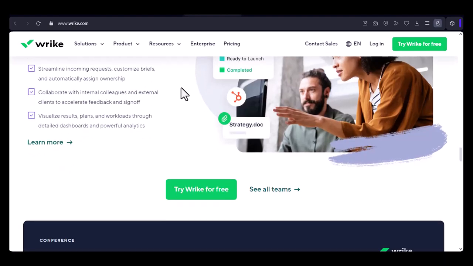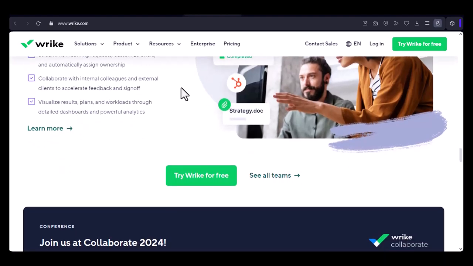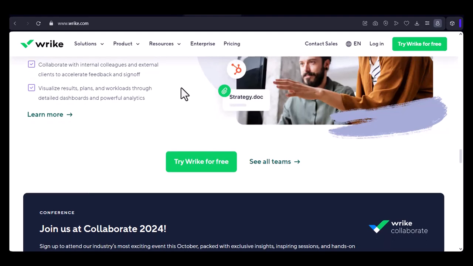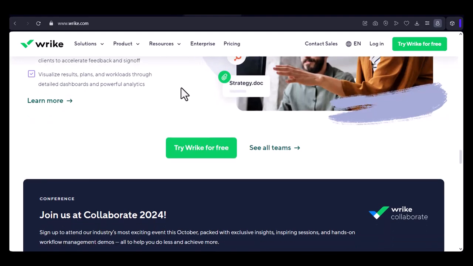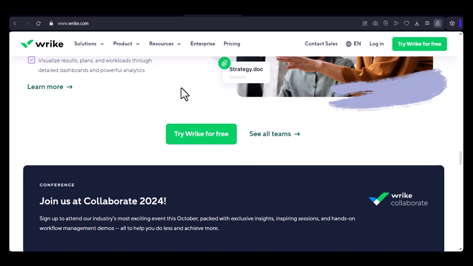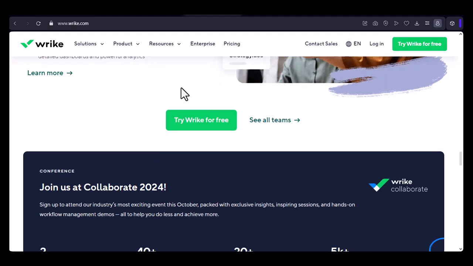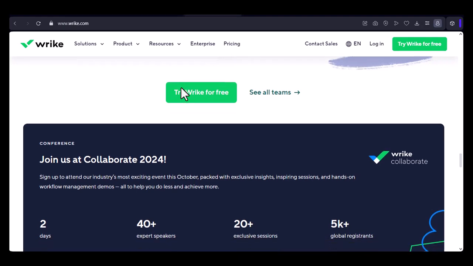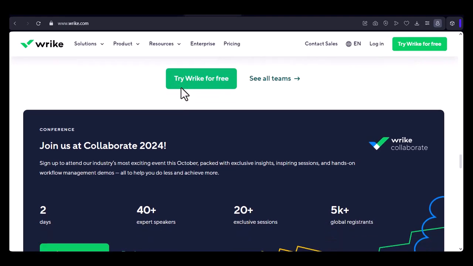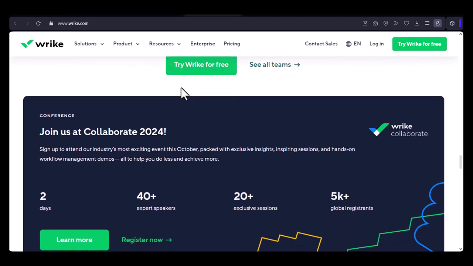Here are some questions to ask yourself when choosing a tool. What is the size and complexity of your projects? What are your team's collaboration needs? What features are most important to you? What is your budget? In conclusion, both Trello and Wrike are excellent project management tools, but they have different strengths